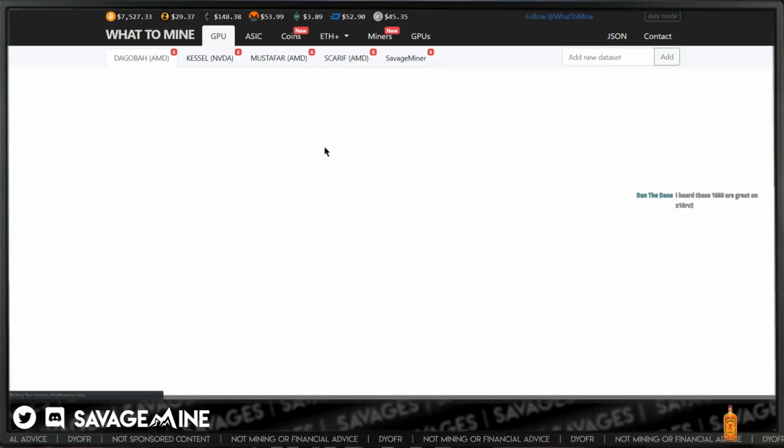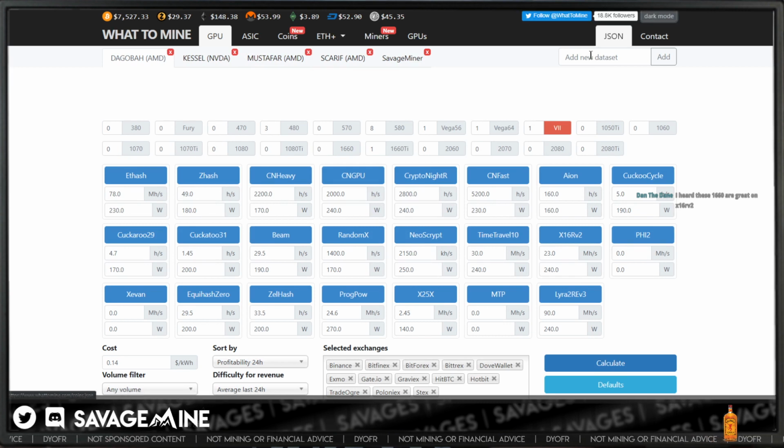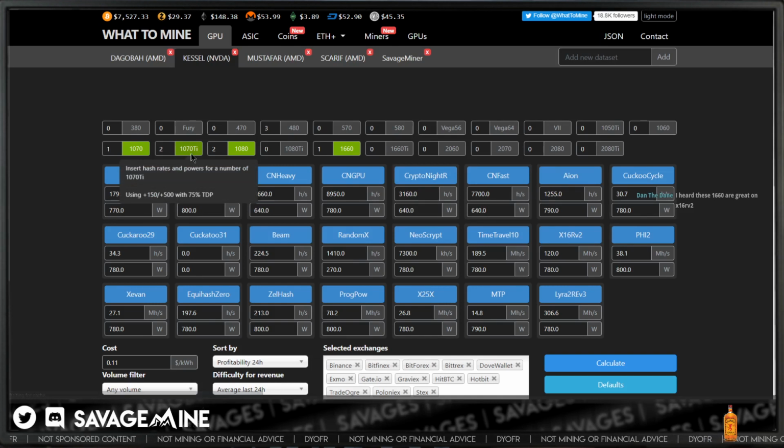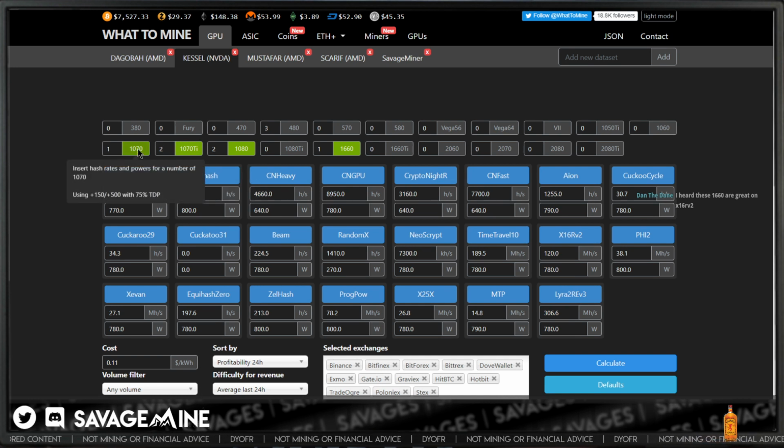So if you go to What to Mine and just put your mouse over those settings right there, where it says using 150/500, we'll go to the 1070. Using 150/500 with 75% TDP. Thermal distribution power, I think is what that stands for.